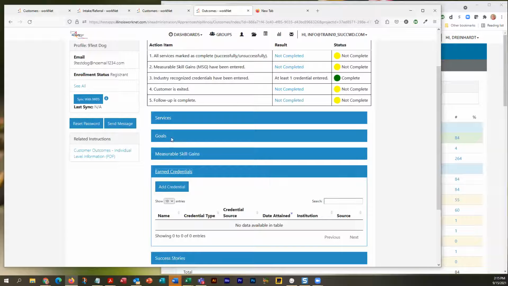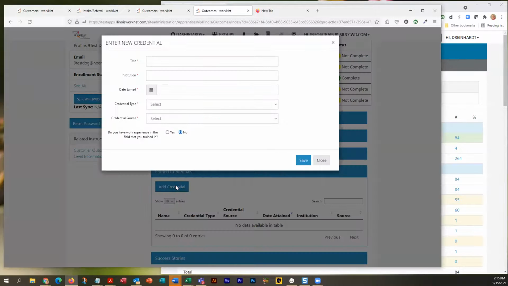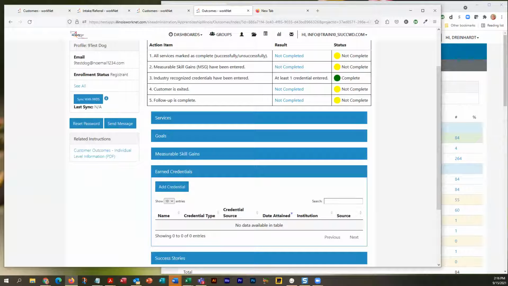It's supposed to anyway. I've got to figure out why it's not doing it. This is my test account, so I've got to figure out why it's not doing it. Yeah, because I was adding it there automatically because it wasn't adding through the earned credentials tab. It's the same information, so I've got to figure out why it's not transferring. I'm gonna send a message off to my programmer on this project.